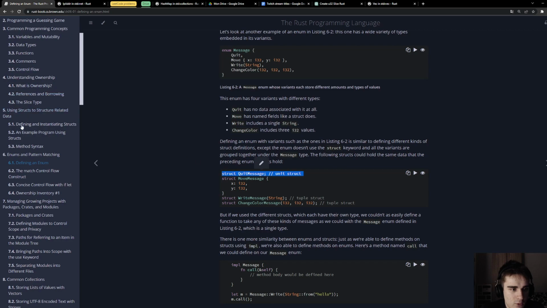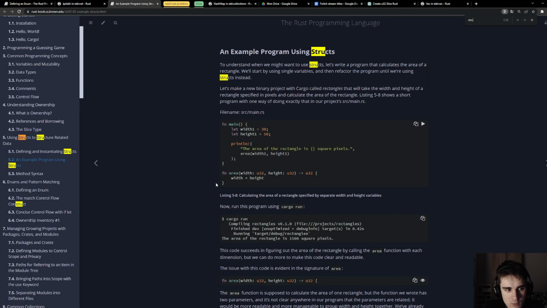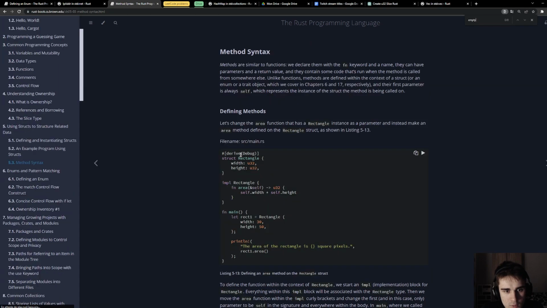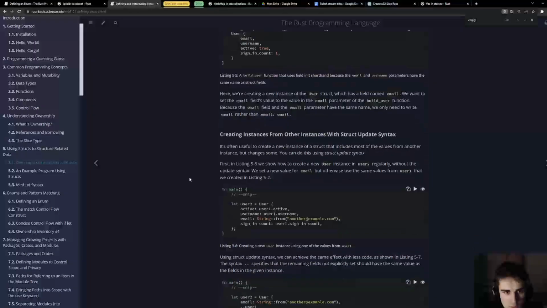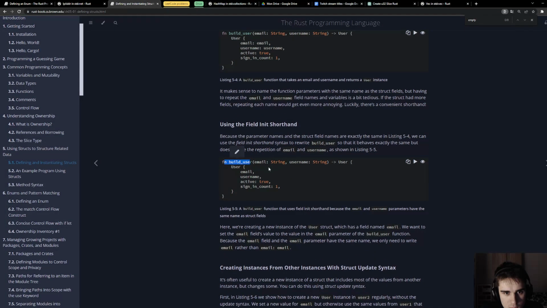I forgot this, that we can define void structs. Let me come back. Struct void, empty. Build user.